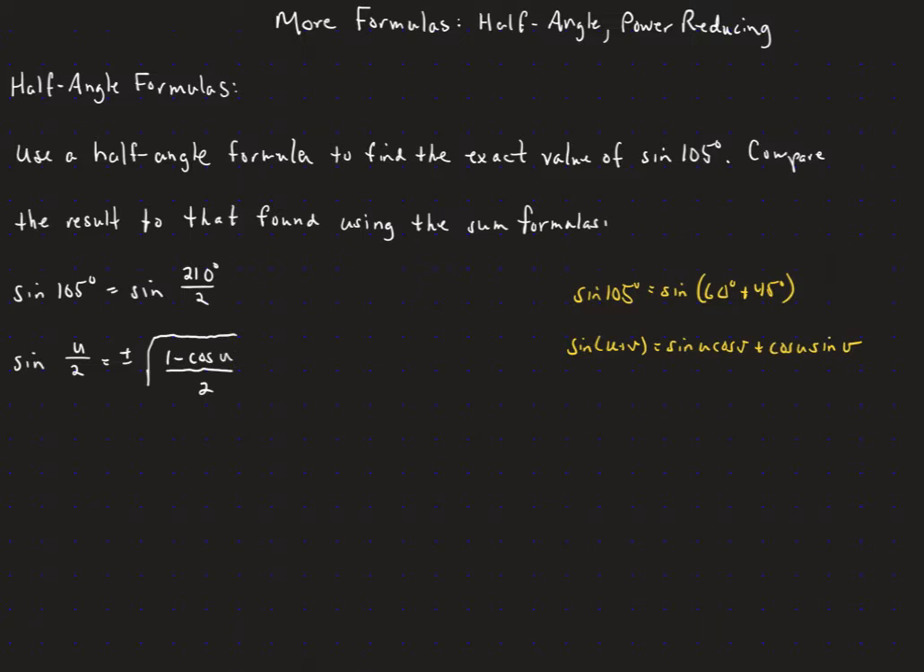So you'll see one for the sine of u over 2, cosine of u over 2, and tangent of u over 2. When you look at those sine and cosine ones, you will notice that on the outside of that radical, you'll see a plus or minus. So what that's trying to communicate is that the formula itself cannot determine whether it should be a positive or a negative. So you are going to have to determine that based on which quadrant u over 2 will end